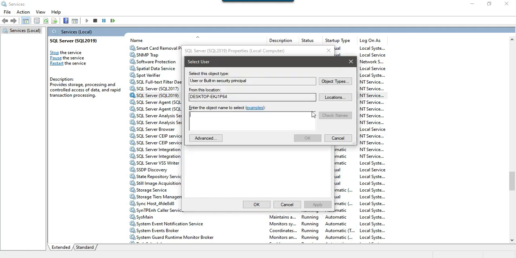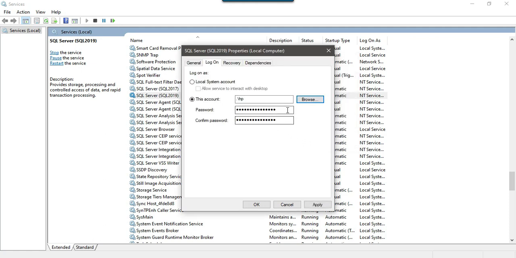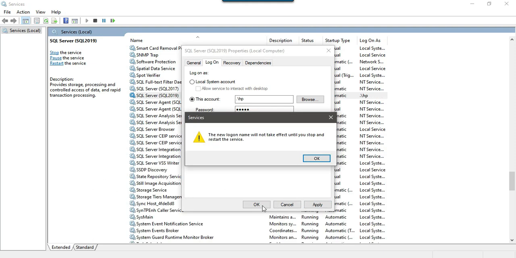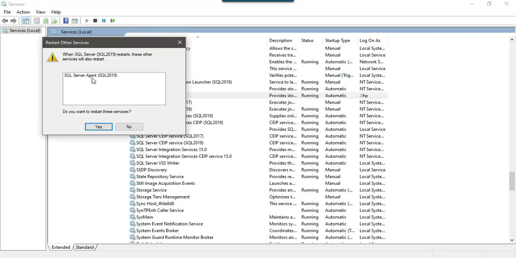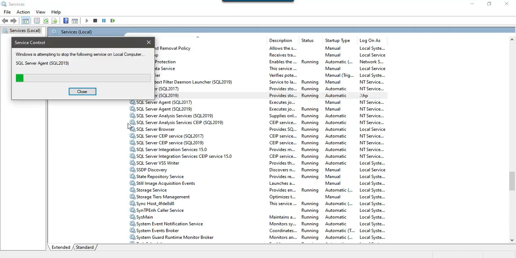So maybe I can browse this one and put my account. Okay, I can click OK, and I can type the password for this one, and here I can put the password again, apply, OK. OK, and I need to restart the service so that it can take effect.